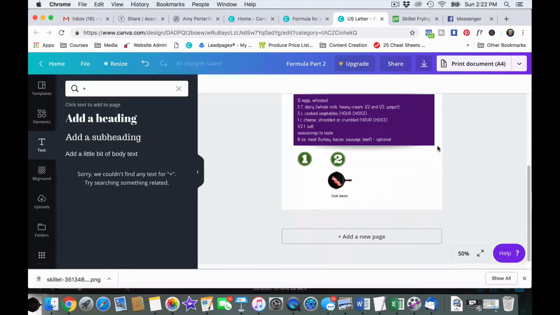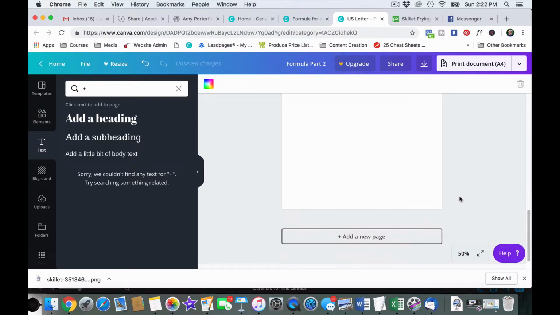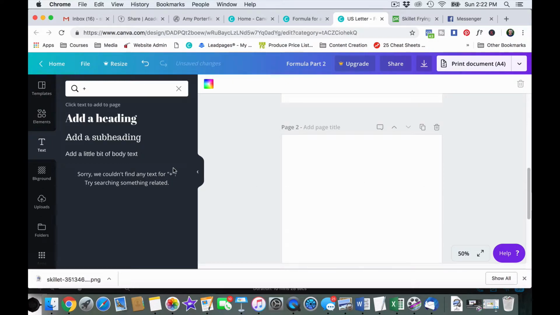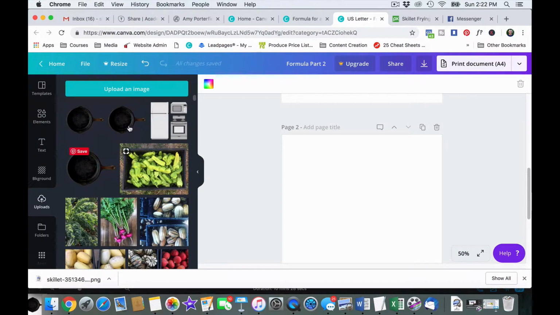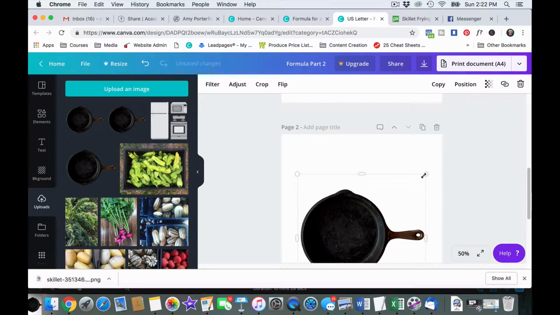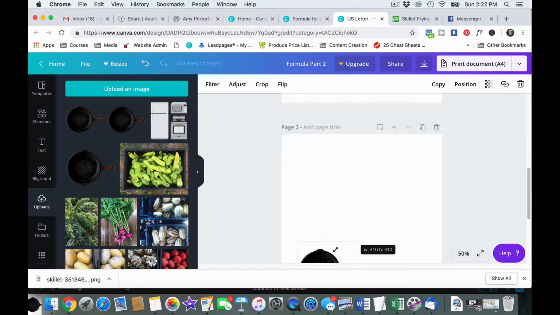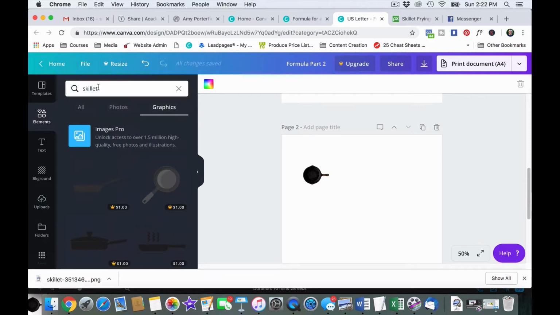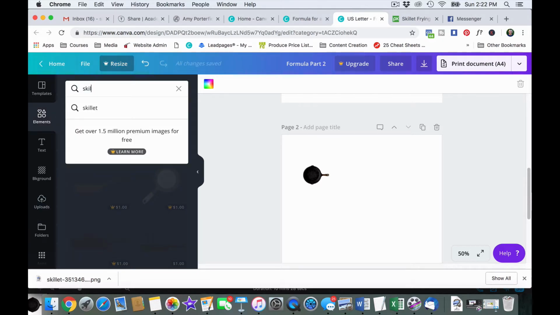Now, all right, so now I need to add another page, and on this page I want to put that skillet again, but I want to show you how to put something inside of it. I made it look like I had poured frittata into it, and this was just something I had to kind of figure out on my own. I was like, well, what if I just make a circle? So I went into Elements, I typed in circle,